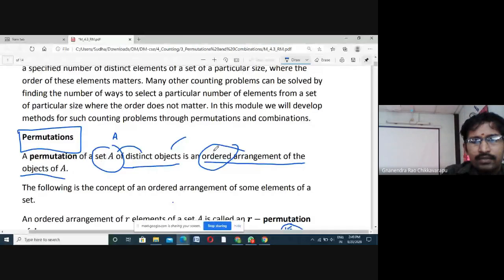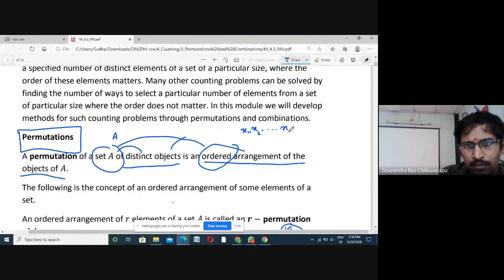We are assigning order. Assigning order means in how many ways we assign a particular element to an order, a position. We are giving a particular position. That means, suppose A is a set of n elements, say x1, x2, and so on, xn.